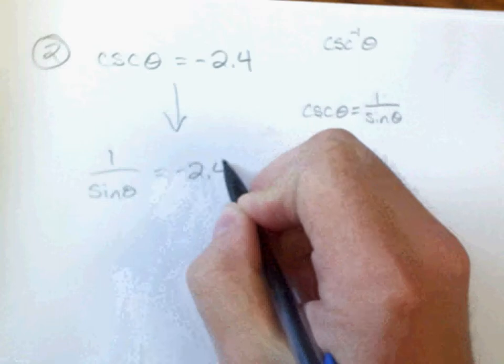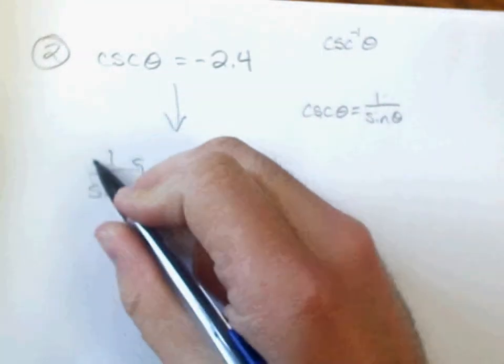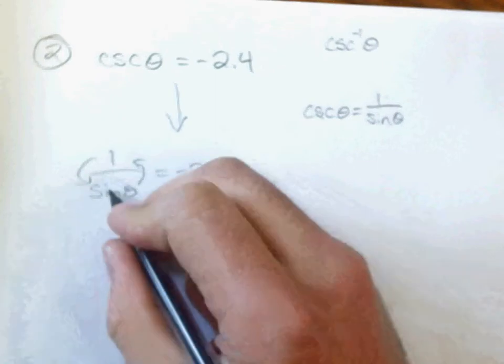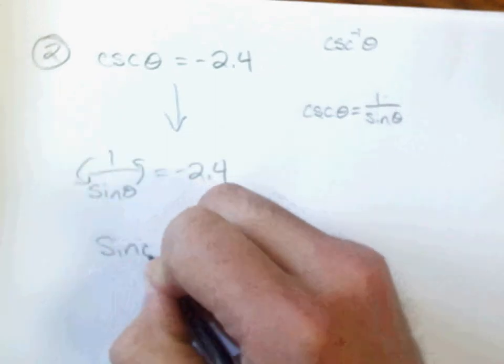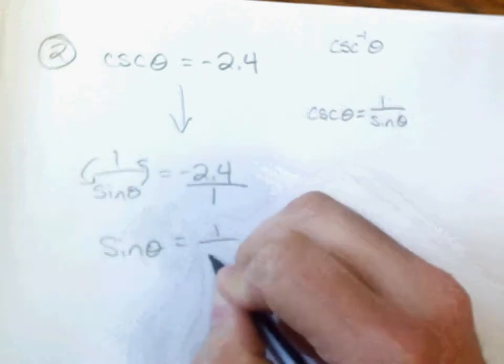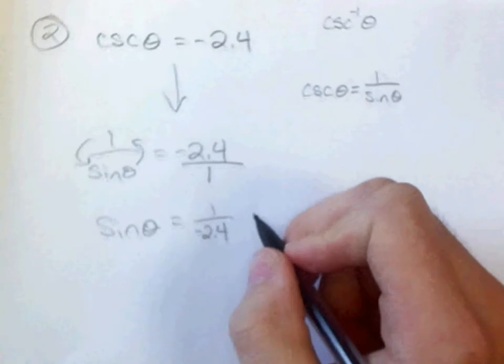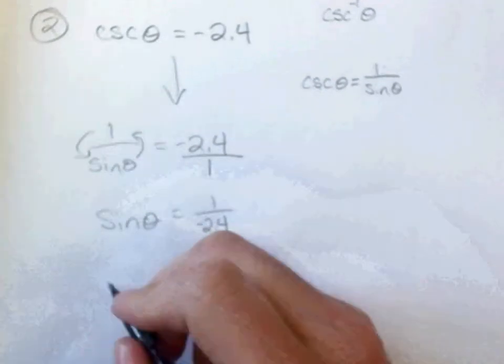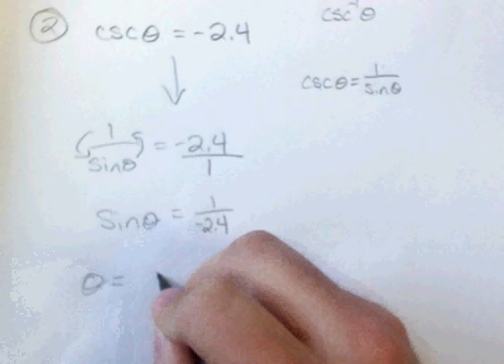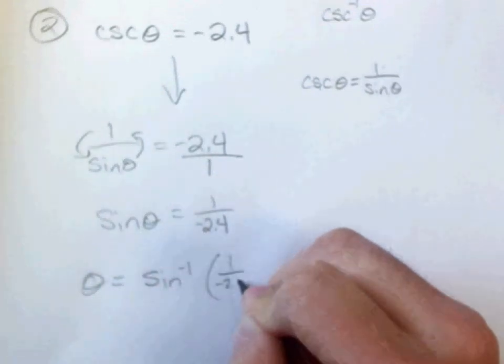Of course, this fraction is kind of a problem, so we're just going to take the reciprocal of both sides. So this will become sine theta, and this will become 1 over negative 2.4. So sine theta is equal to 1 over negative 2.4. So now, to get our theta, we just have to say inverse sine of 1 over negative 2.1, or 2.4, sorry,